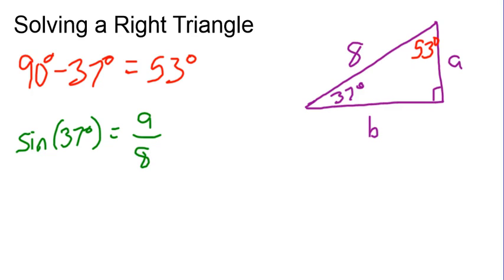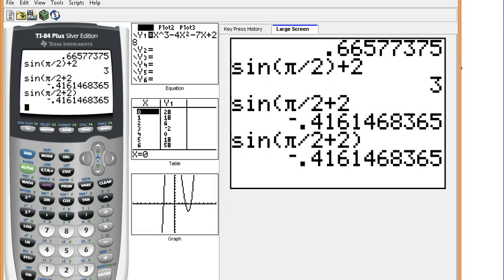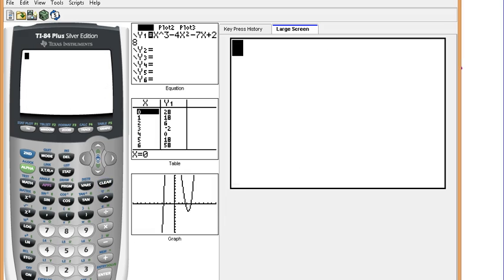Okay. So using trigonometry, SOHCAHTOA, thinking about which function I can use to create an equation that we can solve. So now if we're trying to find the value of A, all we have to do is multiply 8 by both sides of this equation. So you get a value, A is approximately, now we're going to use our calculators and type this value in. So if I type 8 times the sine of 37,